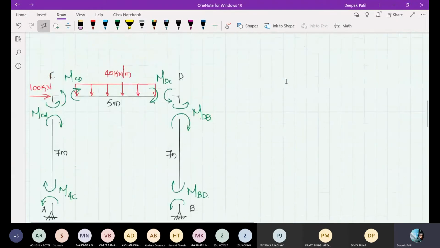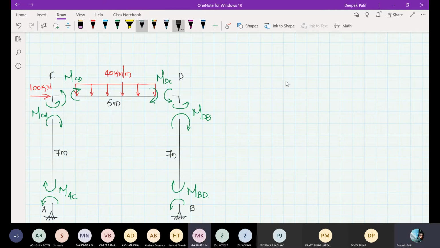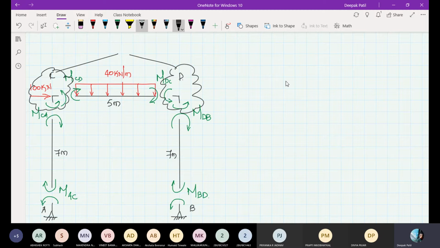Now, if you see the free body form of the structure, at which 2 points will you apply the equilibrium equations? C and D. Yes, at this point and at this point you will apply the equilibrium equations. But with these you are writing only 2 equilibrium equations, and you are supposed to write 3. So how is that possible?